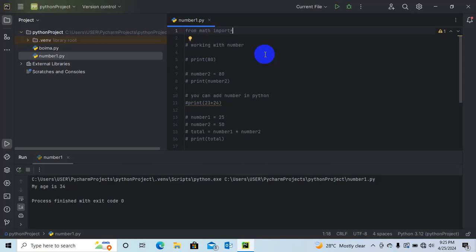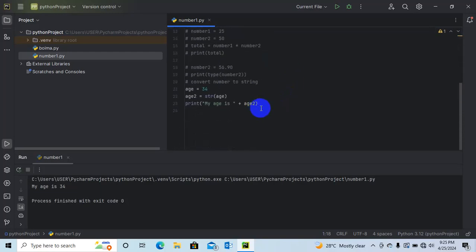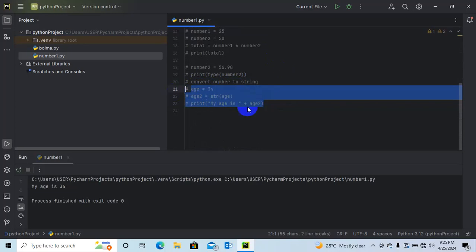That is the reason why we are importing the built-in function. So let's come here for the example. Let's comment this out. Since we are done already, let's do an example.